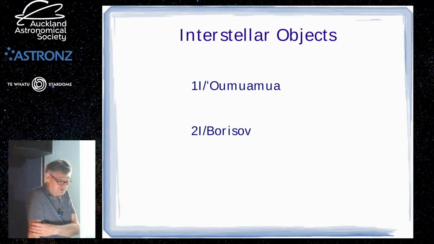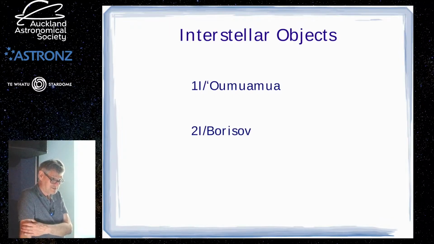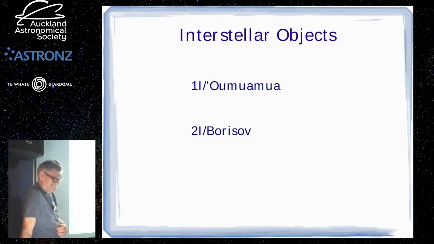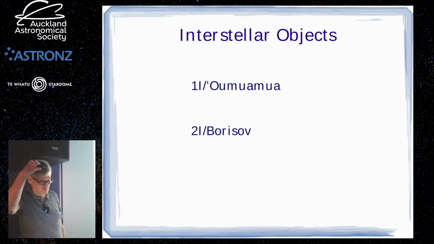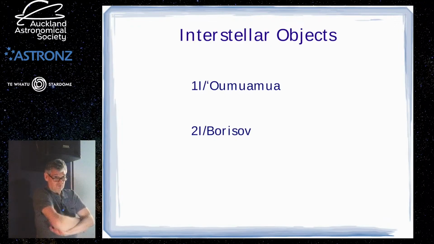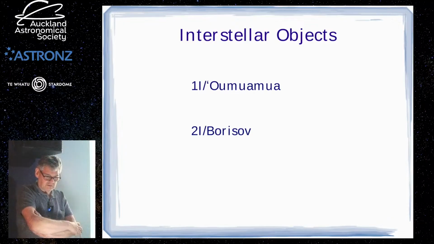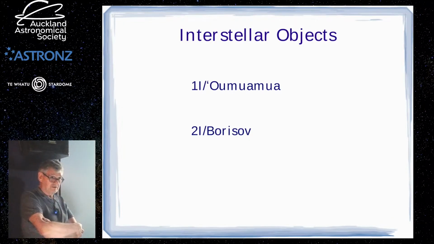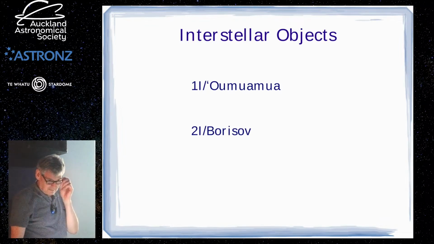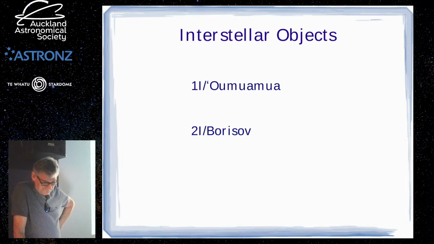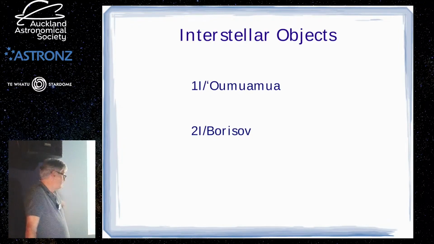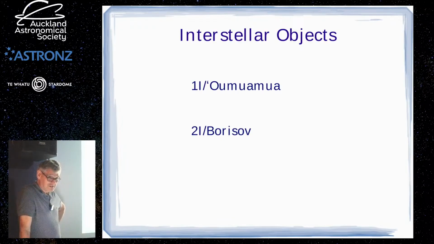A lot of speculation. There was somebody claiming it was an alien spaceship. Most of the things I'm reading about it say it is very unusual because the outgassing isn't like the typical sort of comets that have been observed before. But then we haven't observed many interstellar comets, and it's believed that it's very, very ancient, much older than the solar system. So it probably formed in a very different chemical environment to the objects in the solar system. So I think that's the finish of the presentation. So any questions